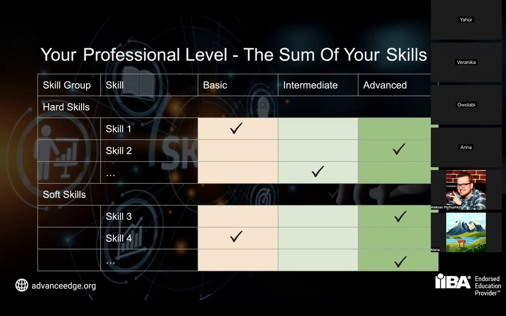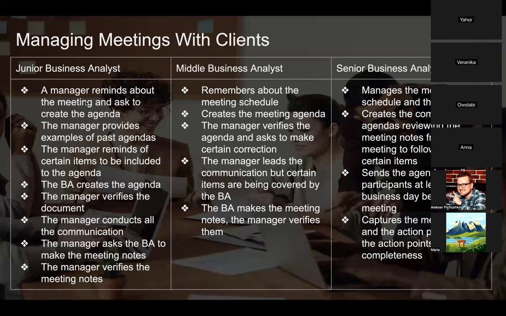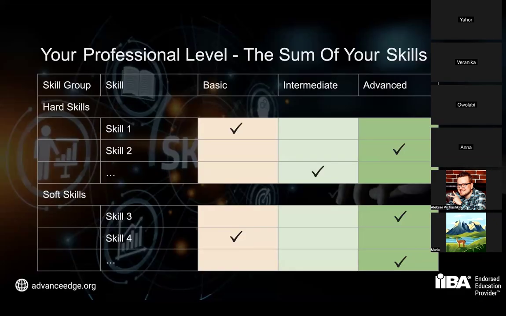And we can divide those hard and soft skills into groups, and then think about what would be the basic level, as in my example here. This is the basic level, this is the intermediate level, and this is the senior level, right? How would that skill be performed on the basic, intermediate, and advanced level? And what you can see is that probably some of your skills that are required for your current job are on an advanced level, and you can do certain things very fluently. The quality is high, you don't have to be reminded, you don't have to be checked by anybody, and nobody makes corrections because it's perfect, right?